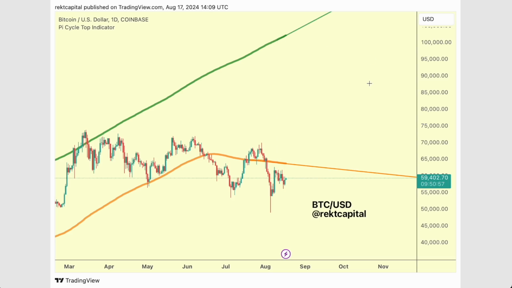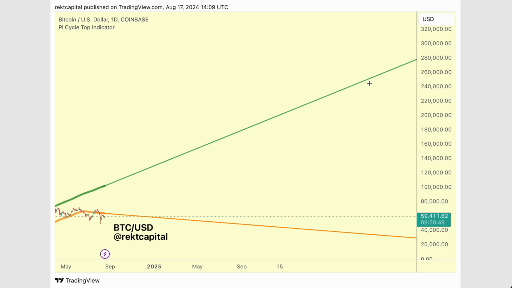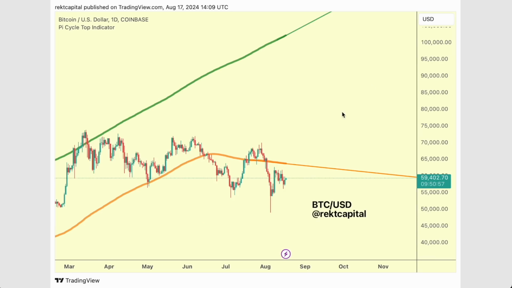And if we were to simply extrapolate and push these moving averages into the future, then we'll see that there is no crossover that's even remotely possible because of this divergence. So we'll be able to assess when a potential crossover will happen in the future once we start to see convergence in the moving averages. And for that to happen, we need to see price return back above 60k, maybe back above 63k, which is where the Pi Cycle moving average currently resides.